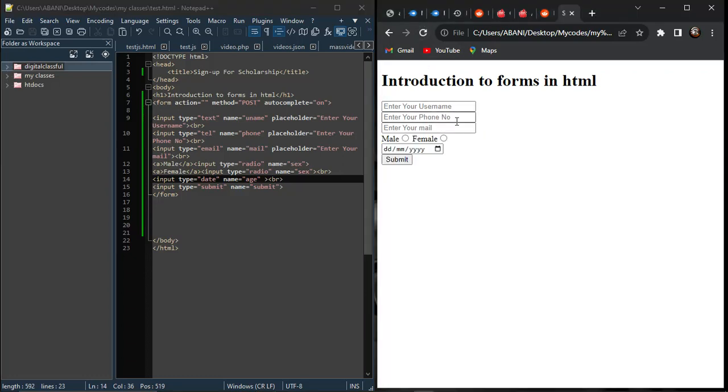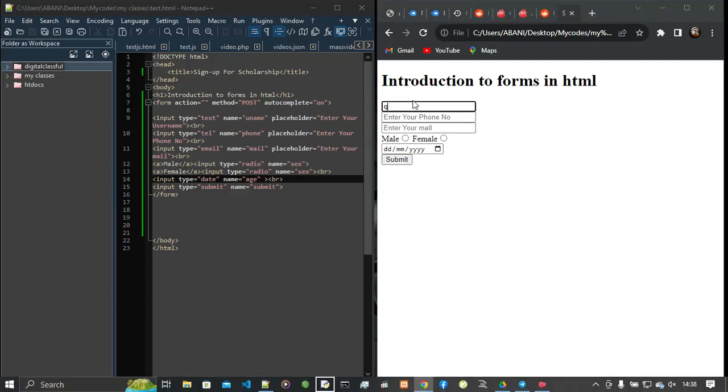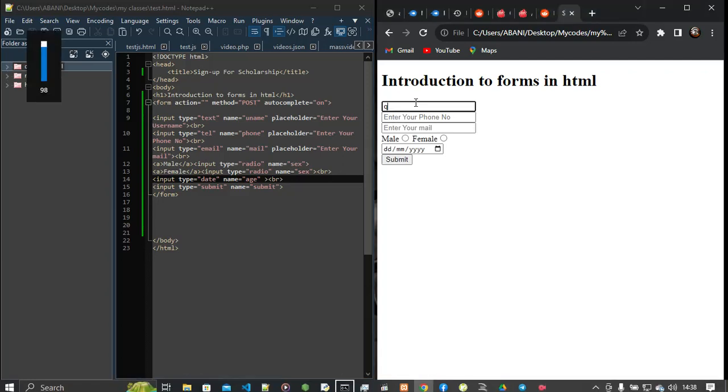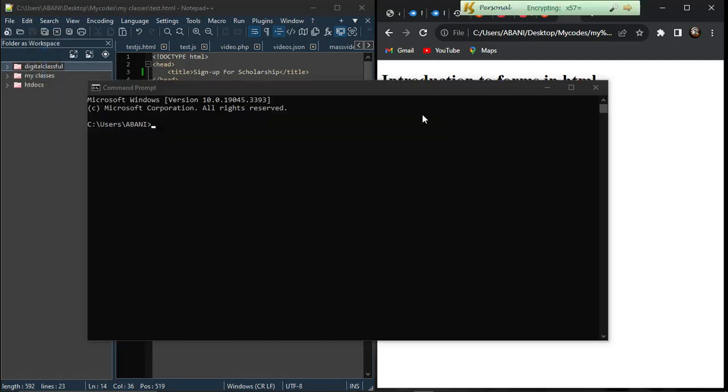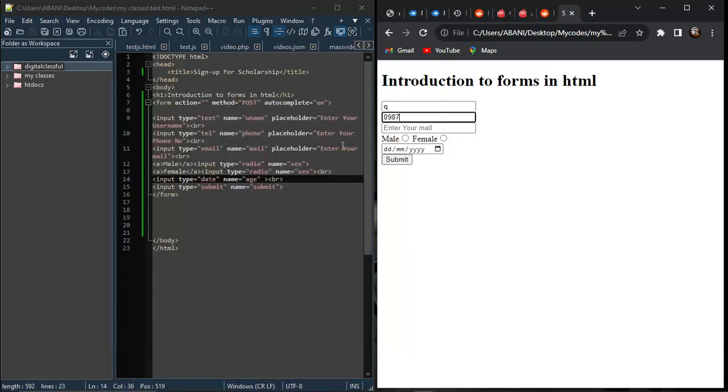Can you see? So now let me explain what each one of these does for you. You see the first one, which is your username. You see the type is text. In that text field, you can type anything there, whatever you want, including characters, depending on what the user is supposed to type there. For your phone number, that's your digits. Then you see for your email,